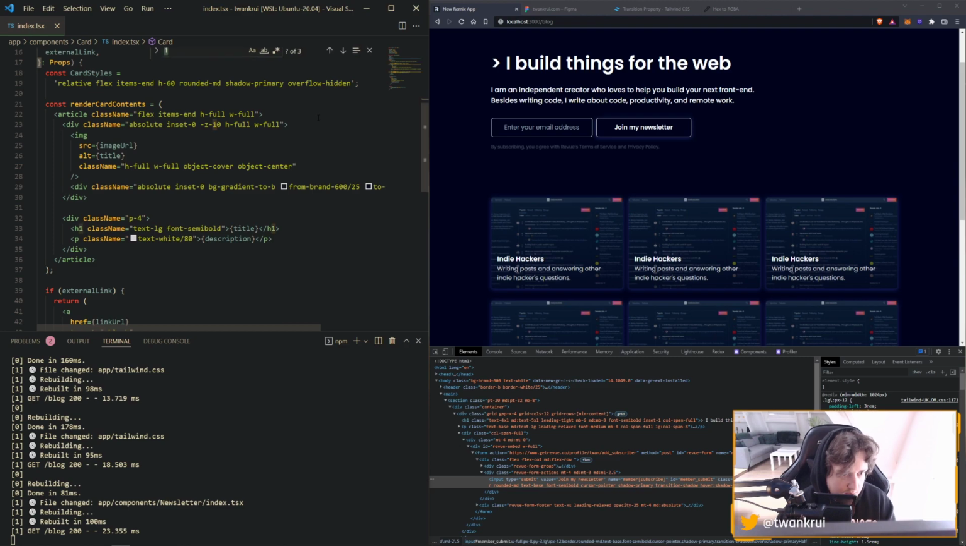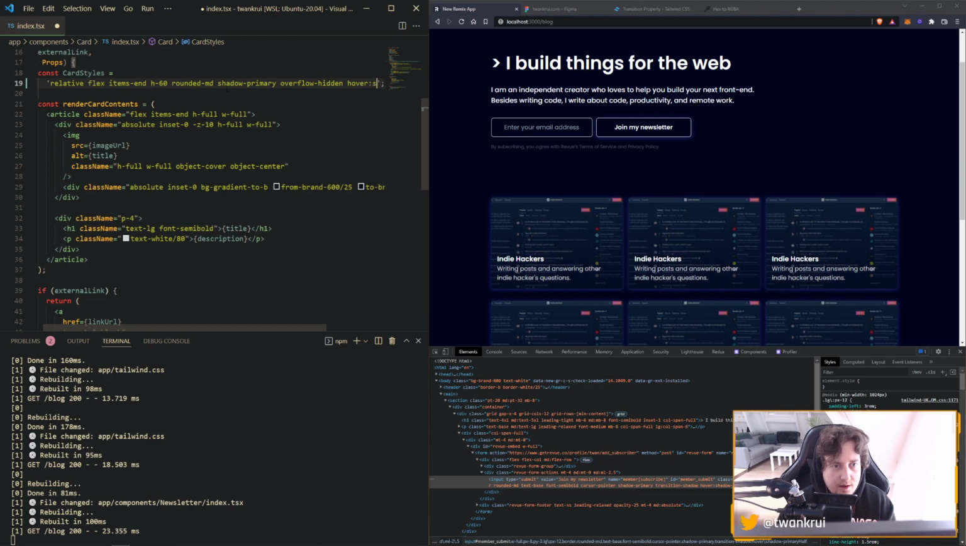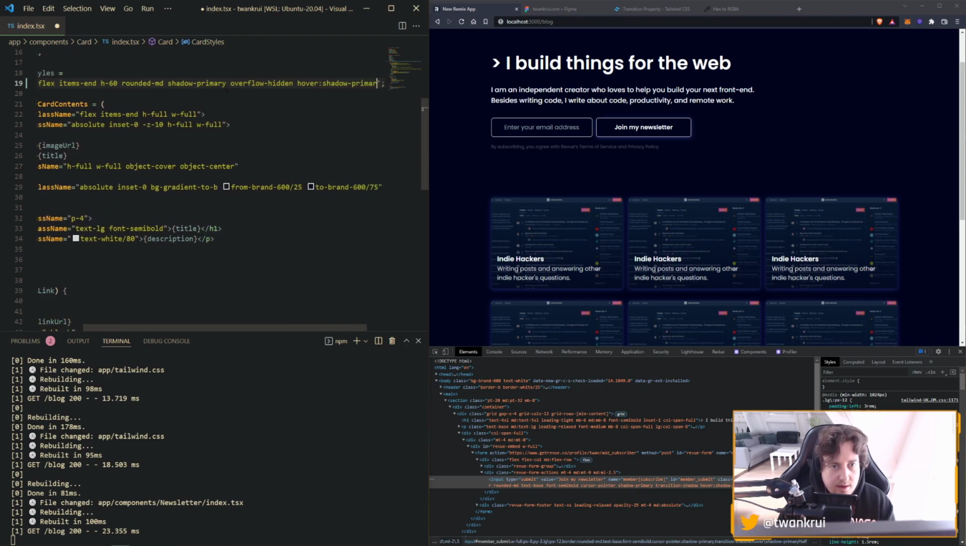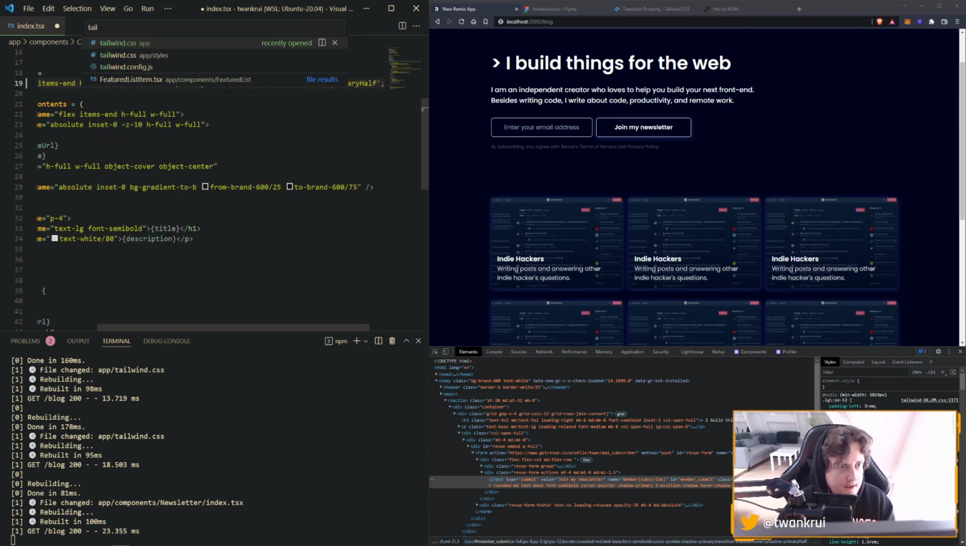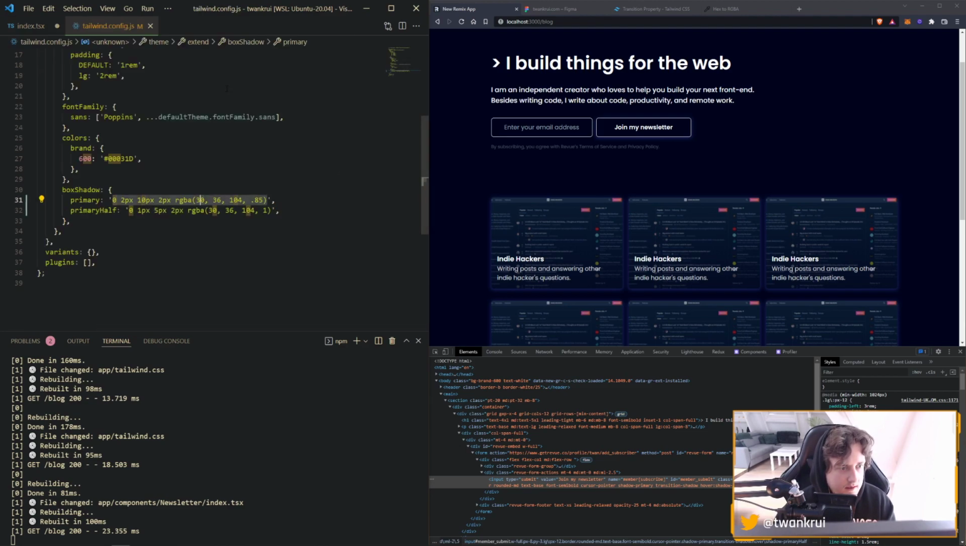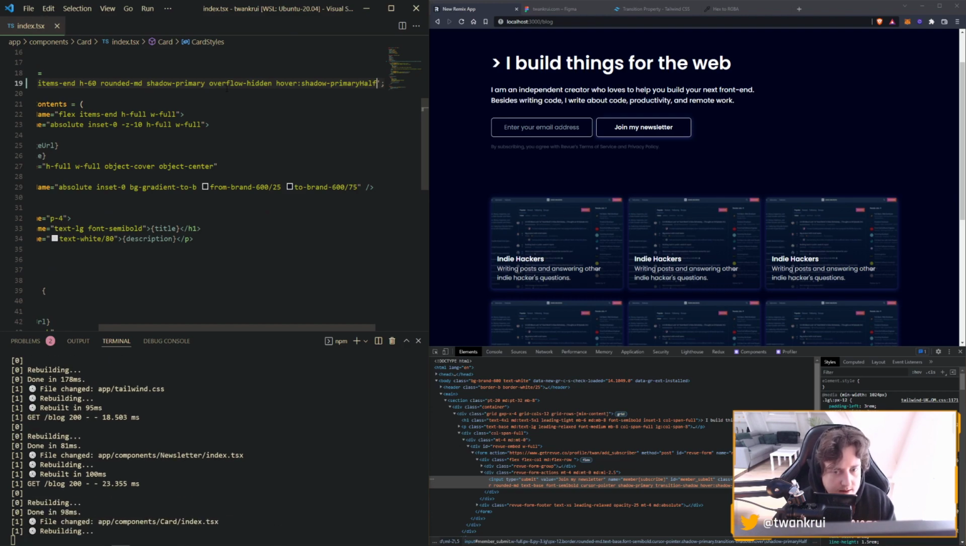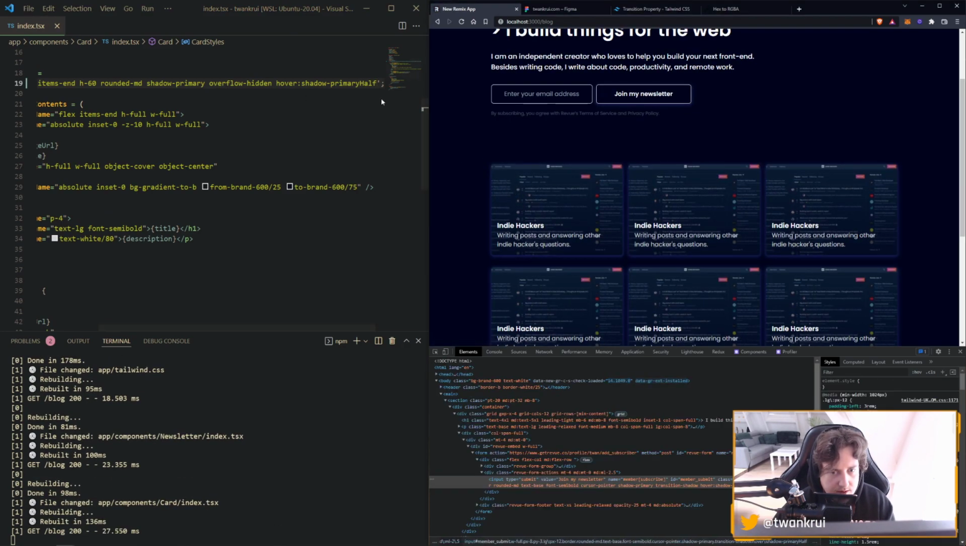Article flags. Where did we put shadow? Shadow primary. So that way we can do hover, shadow primary off. I guess I named it. Yep. So does this work? This works. And then before this we can do